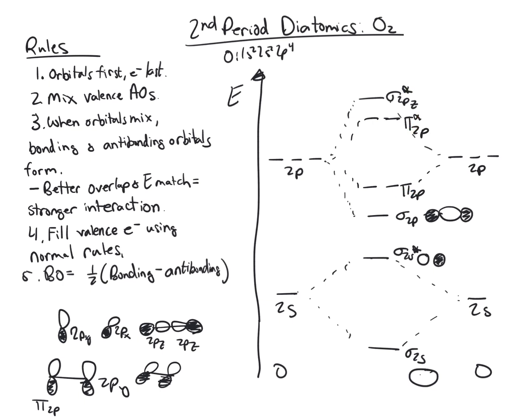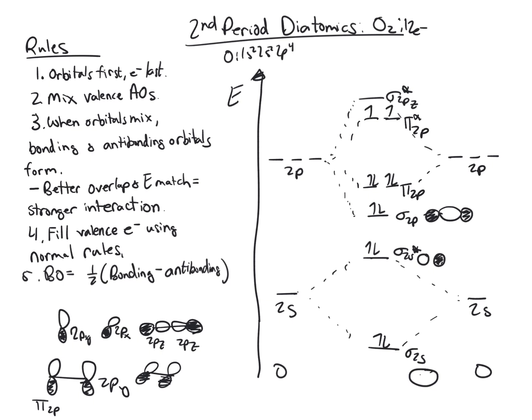We always have equal number of bonding and antibonding orbitals, so we have 1, 2, 3, 4 bonding orbitals and 1, 2, 3, 4 antibonding orbitals. Now we're ready to fill this diagram with electrons. So each oxygen brought 6 valence electrons. So O2 has 12 electrons. We'll fill those from low to high and go 1, 2, 3, 4, 5, 6, 7, 8, 9, 10, 11,